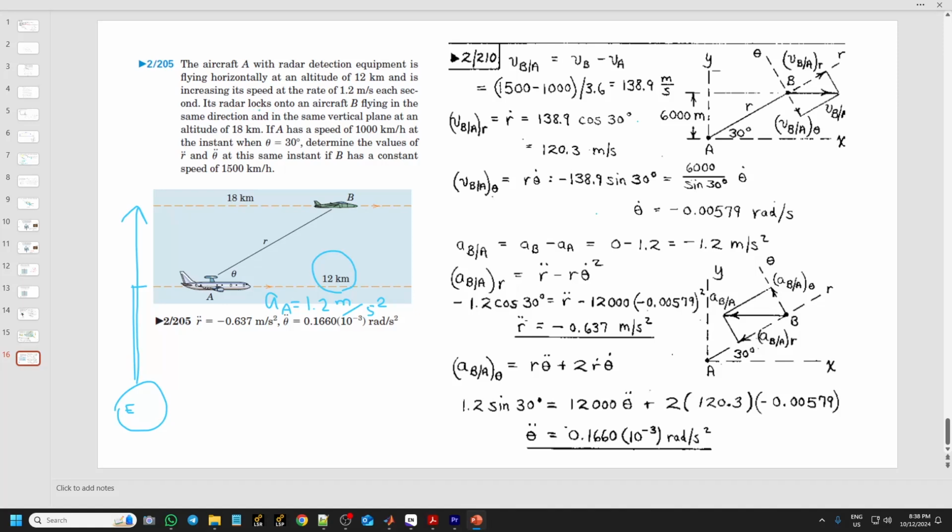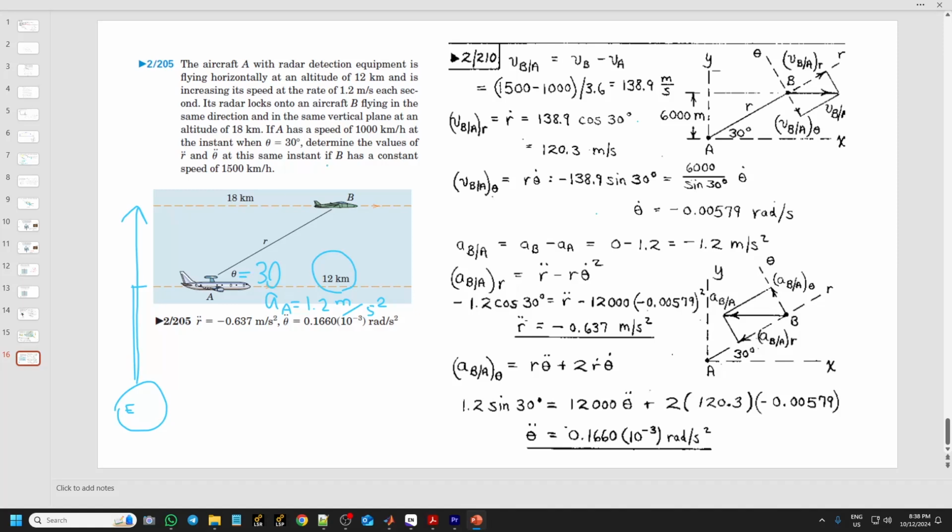Its radar locks onto an aircraft B. Now it locks at this aircraft, and in the same vertical plane. So it means that both of them are in the same vertical plane. If A has a speed of 1000 kilometer per hour, you need to convert this to meter per second, because we are talking about meter per second here, divided by 3.6. At the instant when theta is 30 degrees, so this angle theta is 30